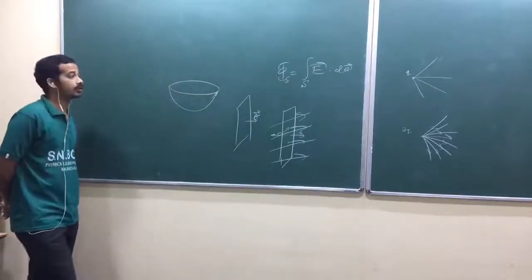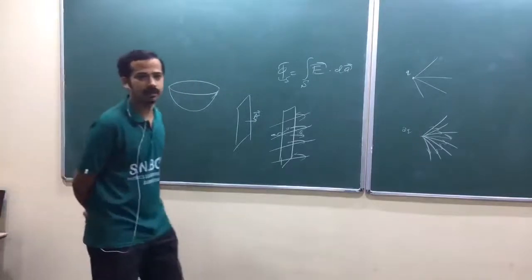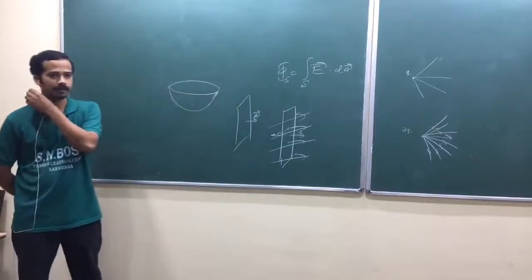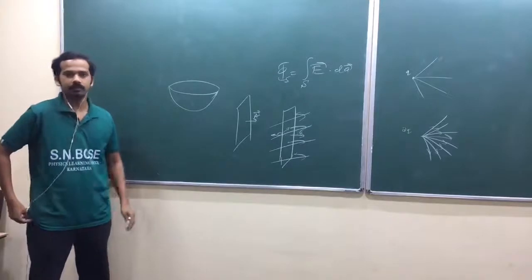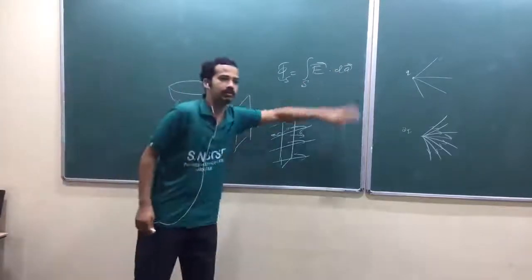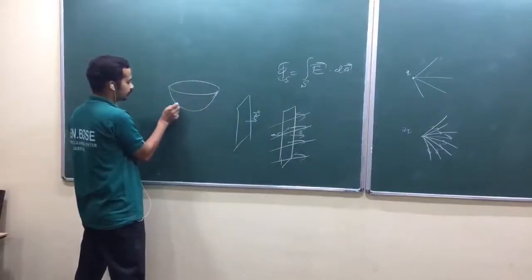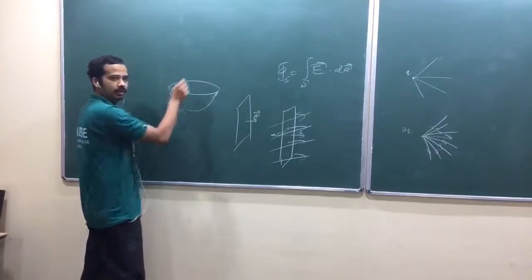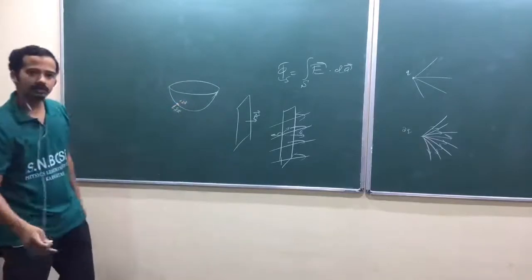Is that okay? But when you connect this to the theorem, I think Stokes theorem or Gauss theorem, that convention will come. You have to choose your area vector properly. Right now, we don't have any convention for an open surface. To choose this dA vector, you can choose either. Look at here. In case of this hemispherical bowl, you can choose your dA vector like this, or you can choose your dA vector inward. You have two choices.